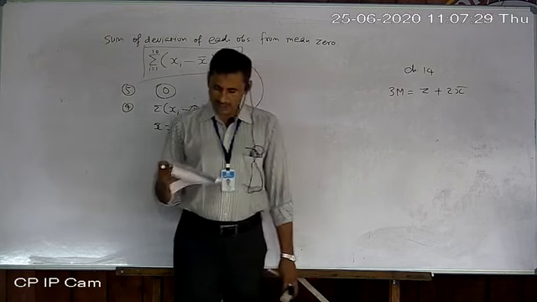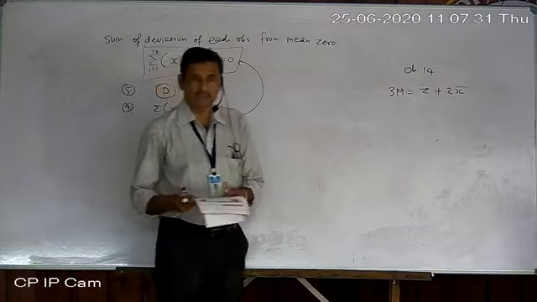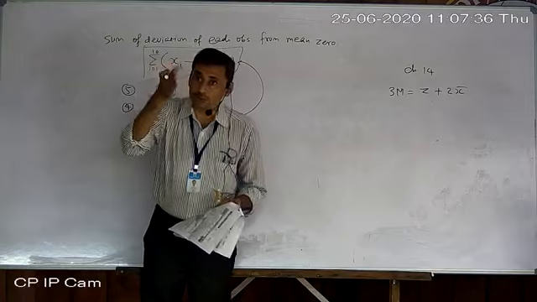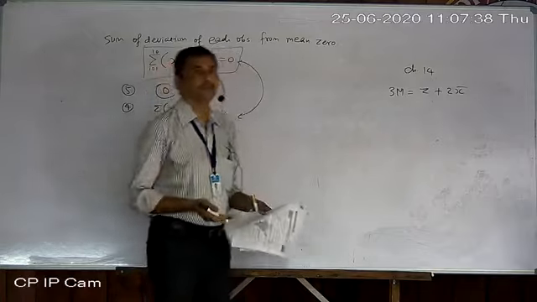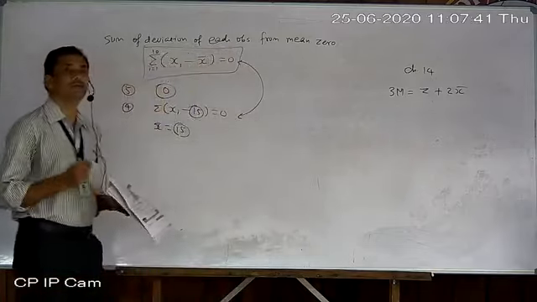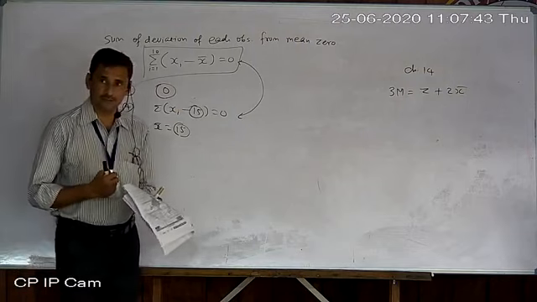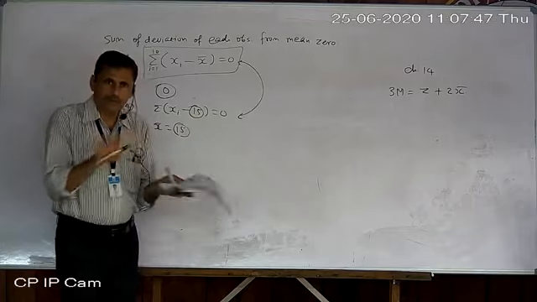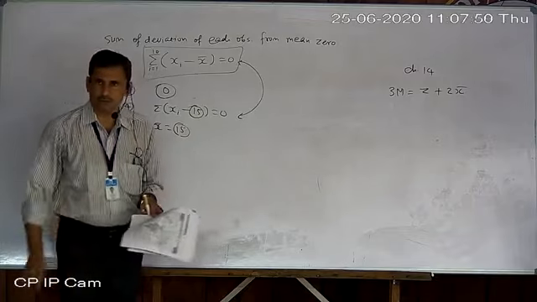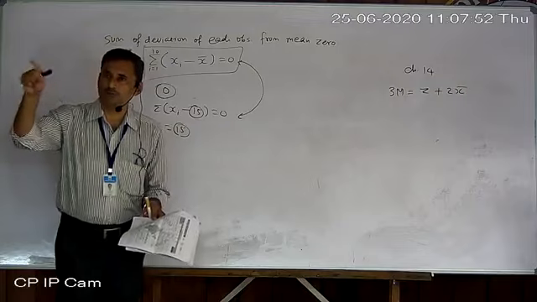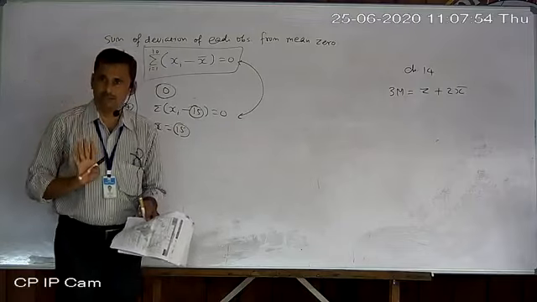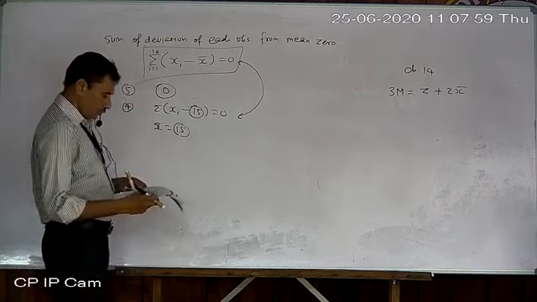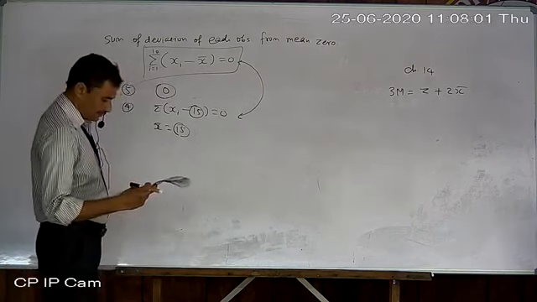In 10, median class. In the same example, median class. For finding the median class, you just prepare a column of CF. After preparing the CF column, you can find which one is the median class. We already solved many questions of this type. But after finding the median class, don't find the median. Don't write that formula L plus n by 2 minus CF upon f multiplied by h. That is not required, only the median class. Mode is asked, so you can find it.